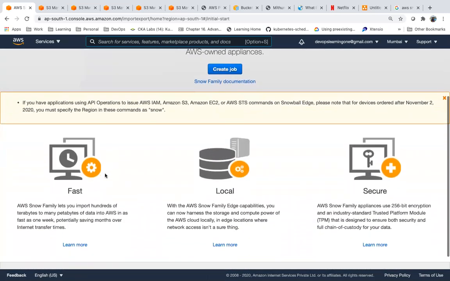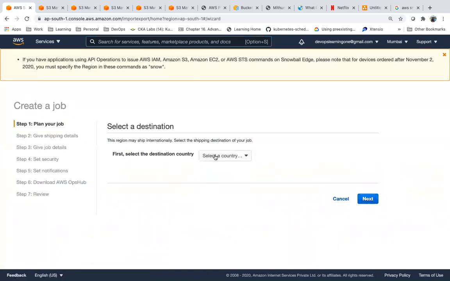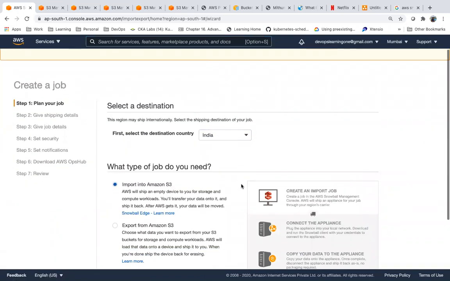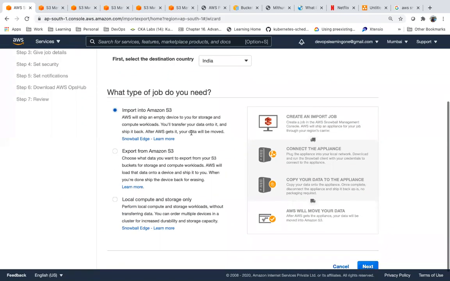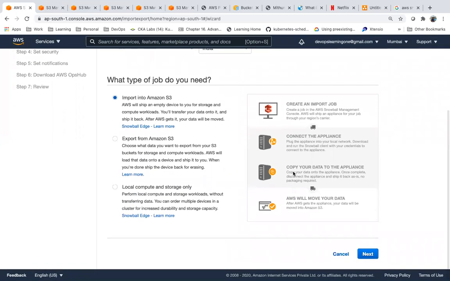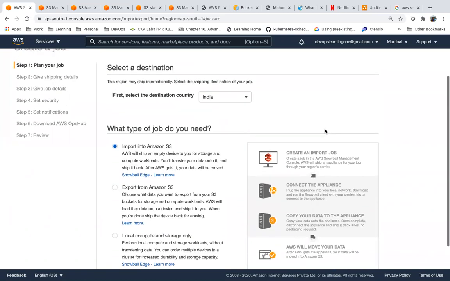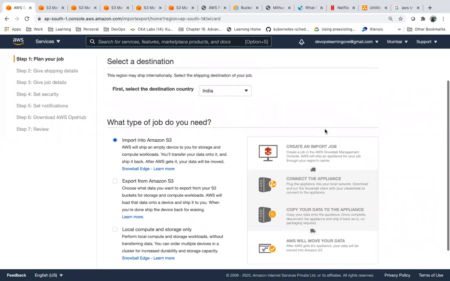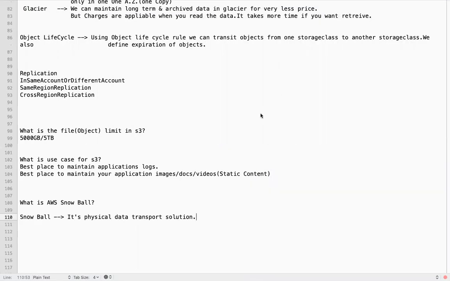You need to raise a request where you want to import the data, so that they will physically send this device and you can copy the data and import the data to AWS. This is the physical data transport solution.